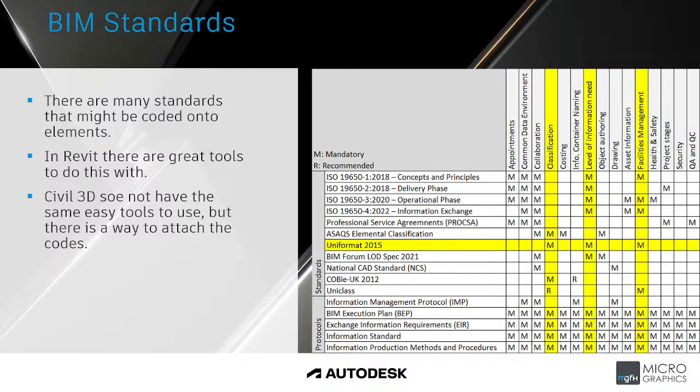On a large project, this is typical, and these items might or might not be applicable based on what the client asked for in the EIR,